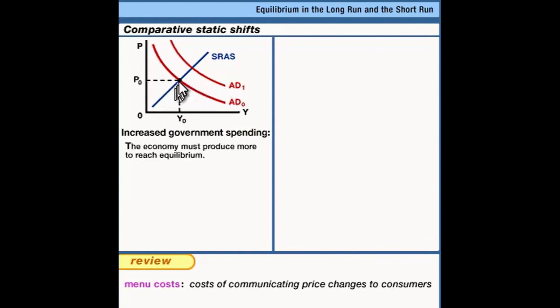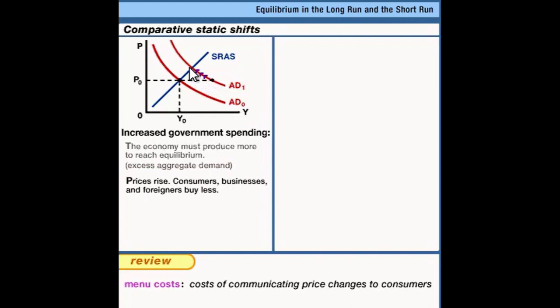So if I follow this dotted line over, this is the new aggregate demand with the government spending more, and it's way more than what businesses are producing, which we find by following the price level to where it touches the blue line. With the government and everybody else wanting to buy a lot, and businesses producing not enough, we have excess aggregate demand, and the price level begins to rise. As the price level rises, consumers, businesses, and foreigners buy less. And as the price level rises, with sticky wages, sticky prices, and confusion, businesses produce more until we reach our